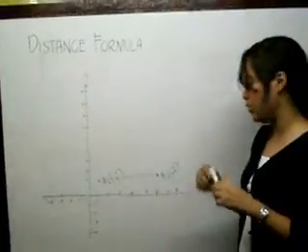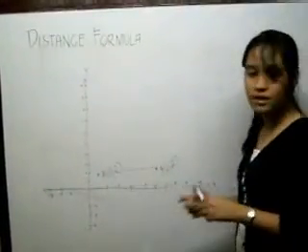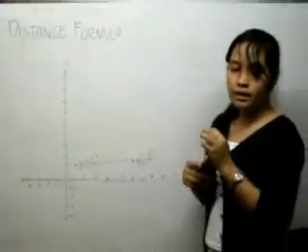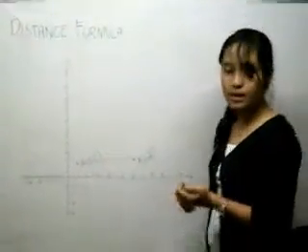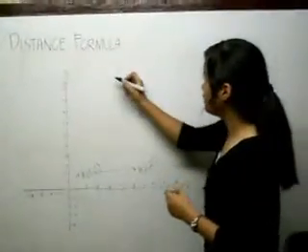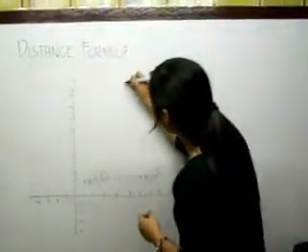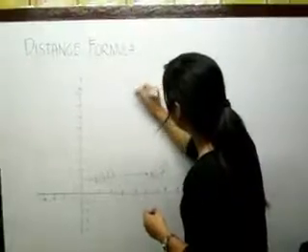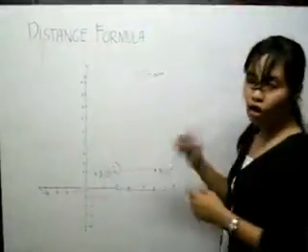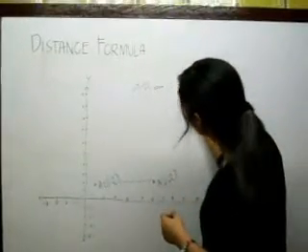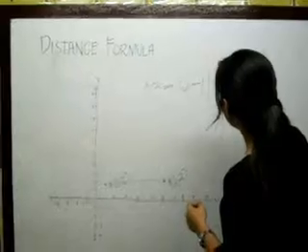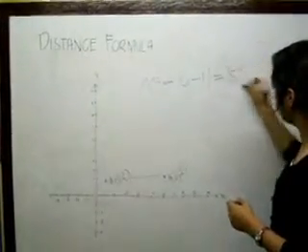To find the distance between A and B, you need only to consider the x coordinates, 1 and 6. By the definition, the distance between A and B is equal to the absolute value of 6 minus 1, which is 5, the absolute value of 5